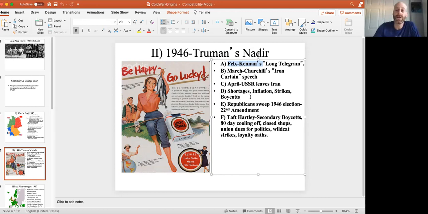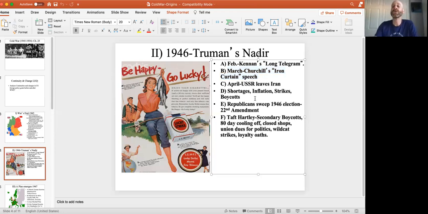Churchill, likewise, the next month gave a very famous speech, his Iron Curtain speech, where he essentially said, all right, we just ended World War II, but there's this new enemy out there, the communists, and they've divided Europe down the middle from Stettin in the Baltic to Trieste in the Adriatic. An Iron Curtain has descended across the continent. In the Eastern zone is the Soviet sphere, and we need to stand up to them.